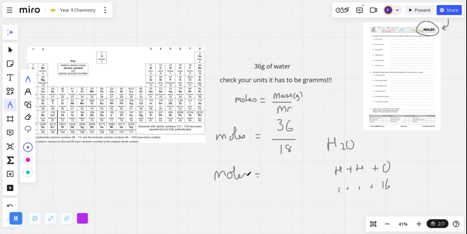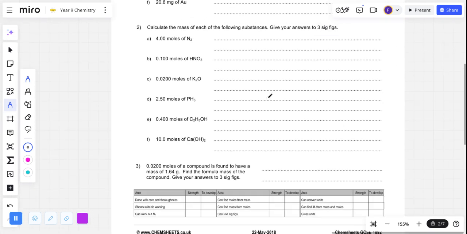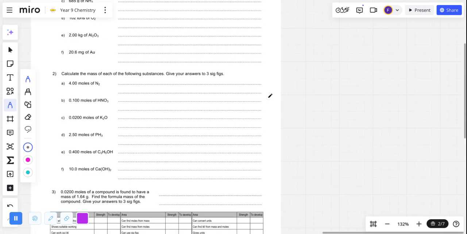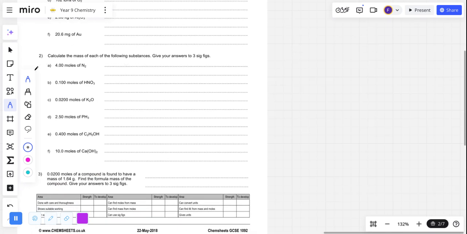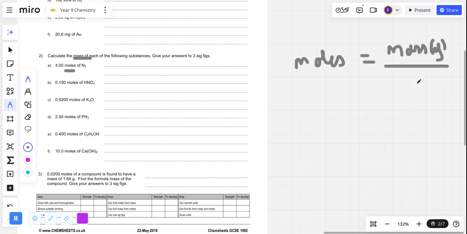The one that I don't think anyone finished is this kind of calculation. And here you've got to be careful. Calculate the mass. I want mass. So the first thing you do is underline your keywords. I want mass. I've been given moles. This has to be, again, the same formula: moles equals mass in grams per Mr. You now have 2 choices. Your choices are twofold. Either,